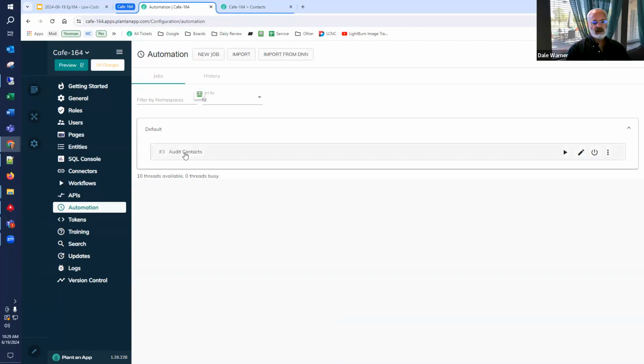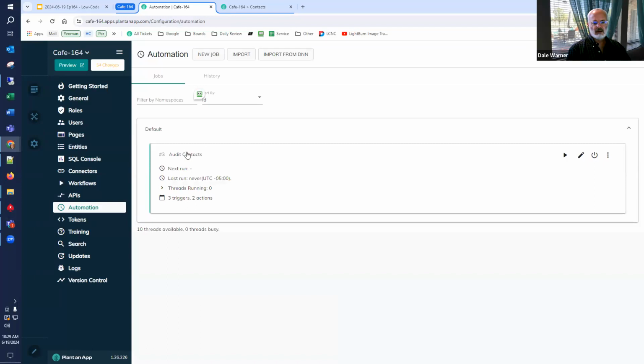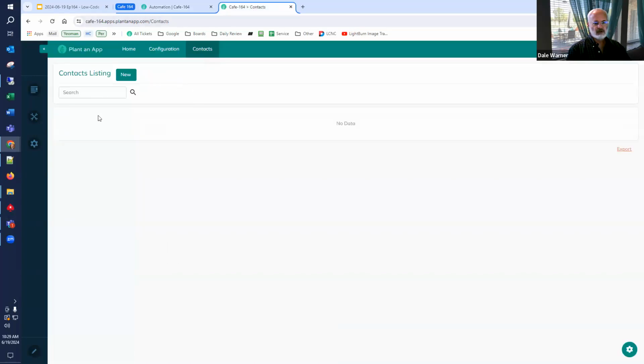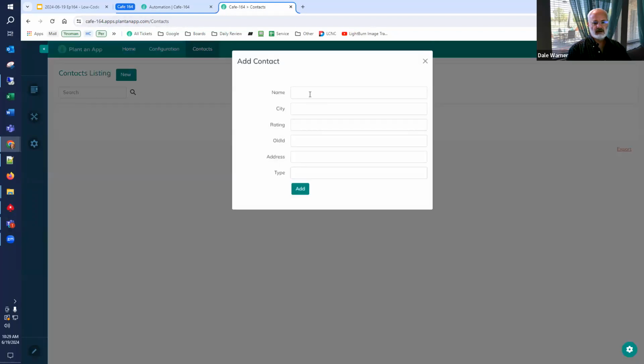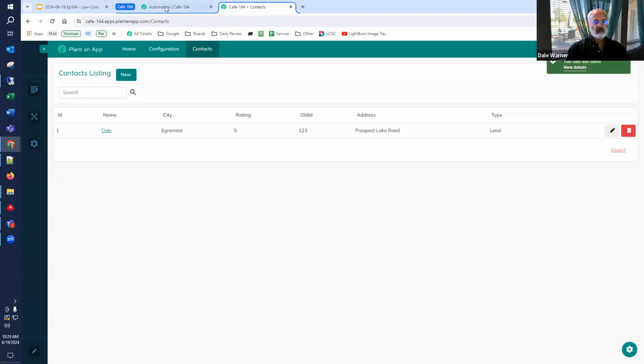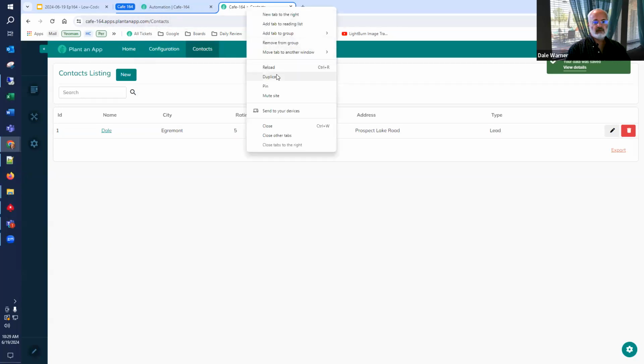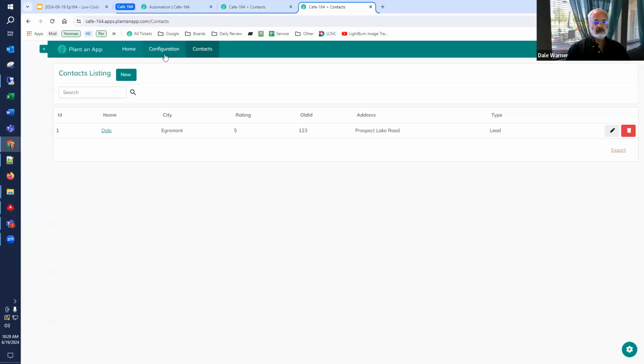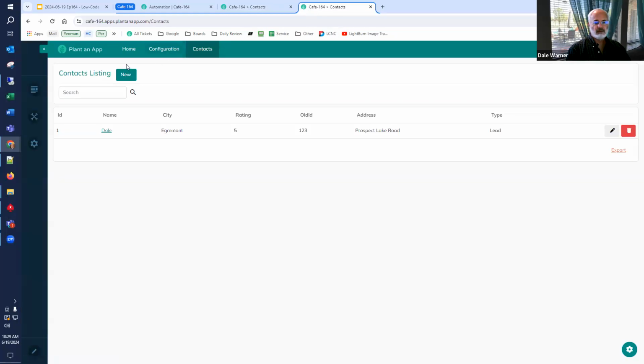So audit contacts is out here now, and if I've done it right, every time that there's a change to contacts, we're going to start getting audit records. So let's test that theory. If I add a contact, and then let's duplicate this tab so that we can look and see. We should have,